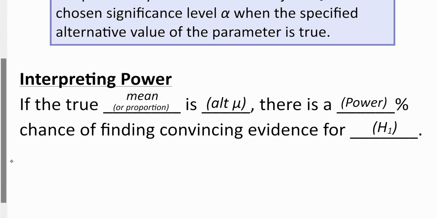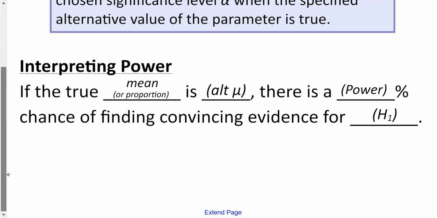When we're interpreting a power, this is kind of a way to do it. Let's say if the true mean or proportion is blank, meaning the alternative is true, there is a blank % chance of finding convincing evidence for it. Okay? So if I want to look at an example,